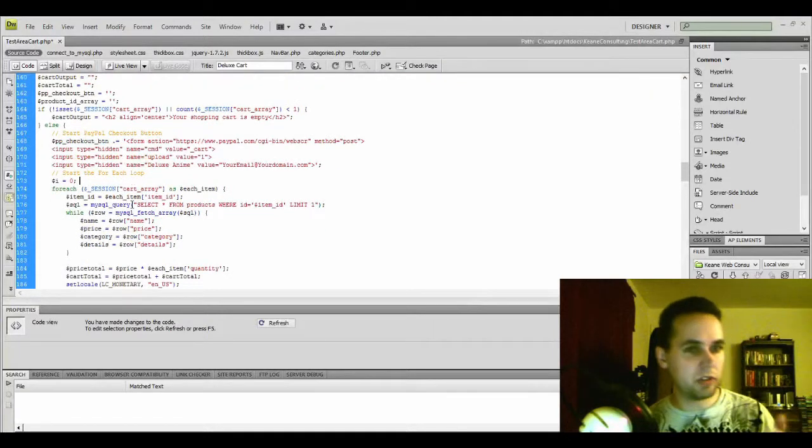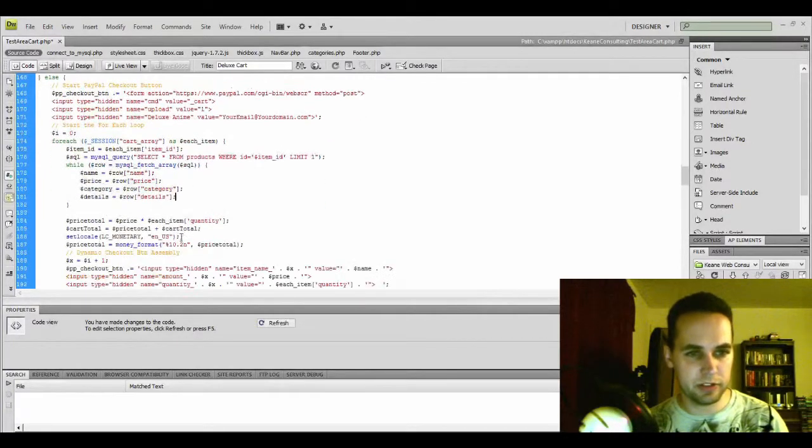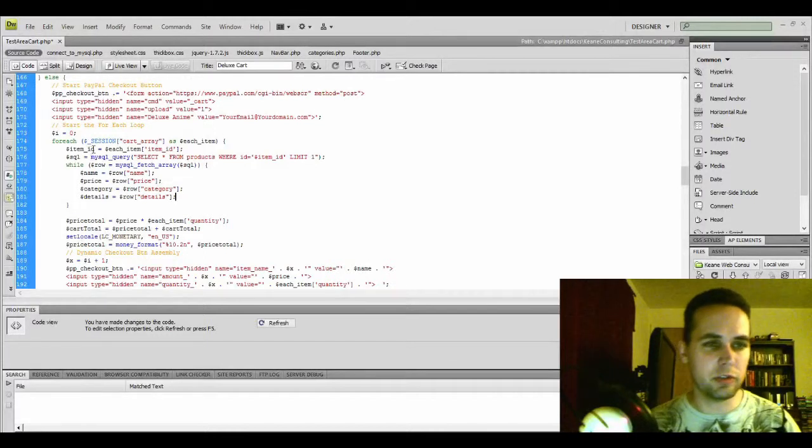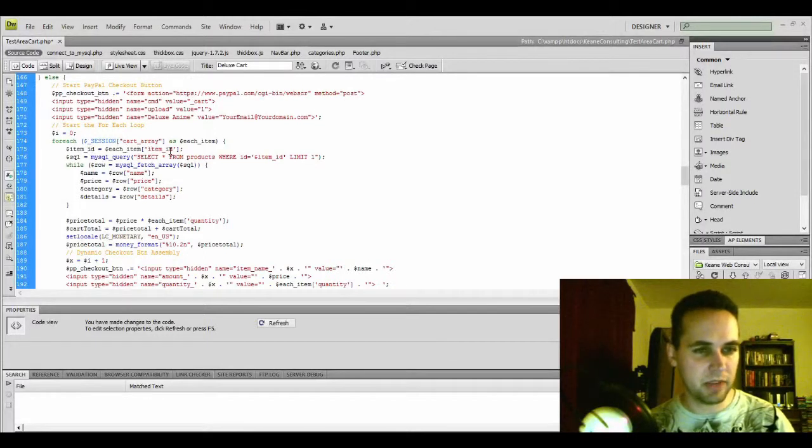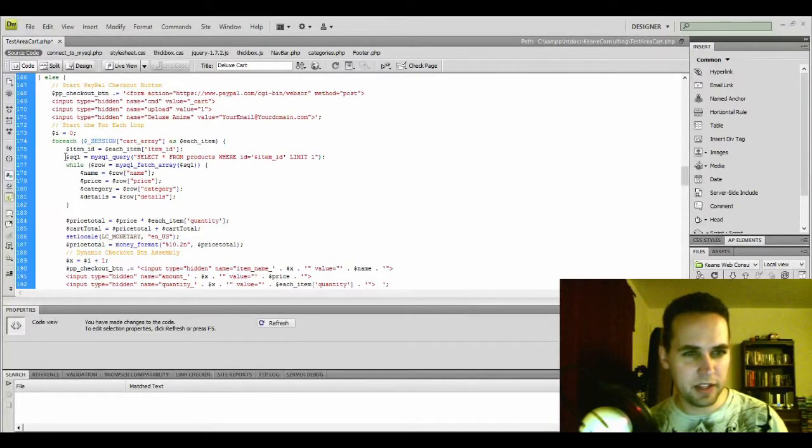This is the foreach loop. This is what makes each product appear in whatever manner you want it to. So for each session cart array as each item, as in each individual product, item ID equals each item ID. Kind of a no-brainer, but you need it. And then you do a query to the database and select all from products where ID equals, of course, the item ID. So go through each row and get each item and spit them out